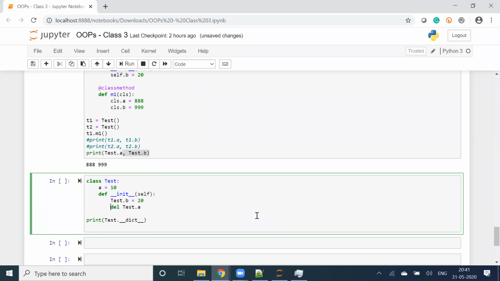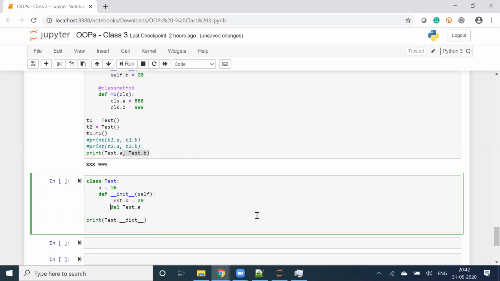How many variables will be there? A, B, or only B, or only A? Think twice. Will it give me A or B or AB? Only B. Asta is saying only B. All are saying only B. Amazing. Beautiful. So B will appear, right?